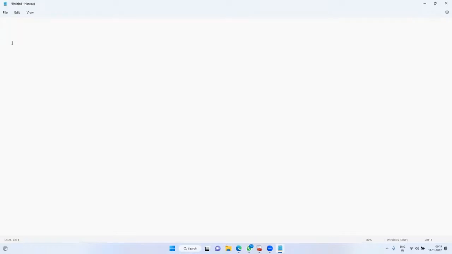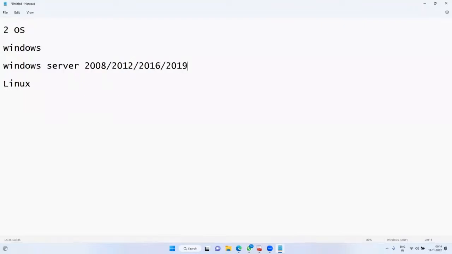Here the machine can be created with two operating systems: one is Windows, the next one is Linux. In Windows we have different versions: Windows Server 2008, 2012, 2016, 2019, 2020.